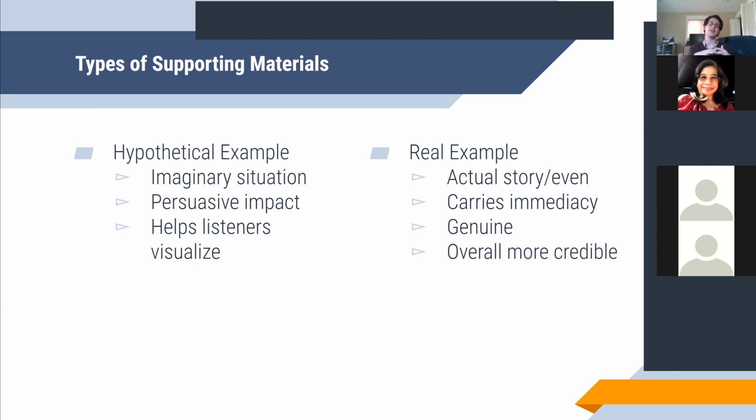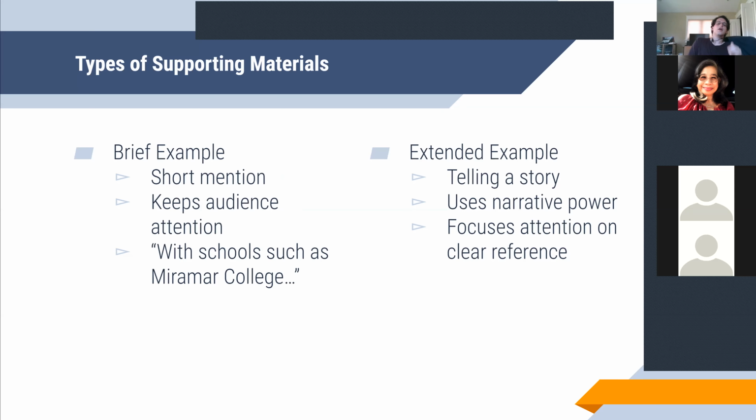One person can't tell the entire culture. I live in the United States, but I don't represent the entire American culture. But it goes a long way towards helping establish that credibility. Two ways of delivering that example are through a brief example and an extended example. The brief example lists things as a listing. The brief example has many examples presented as a list there to try to keep the audience's attention and demonstrate the scope of something, how big something is.